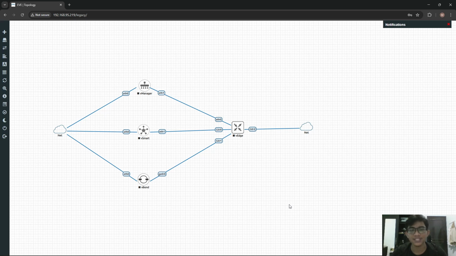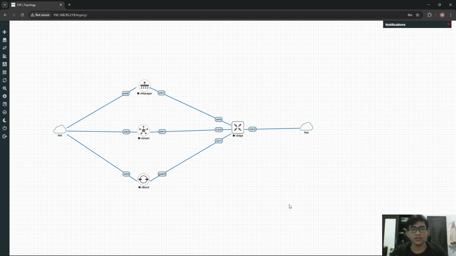And lastly is scalability, because using SD-WAN, adding new branches or new locations becomes much easier than using traditional routing.